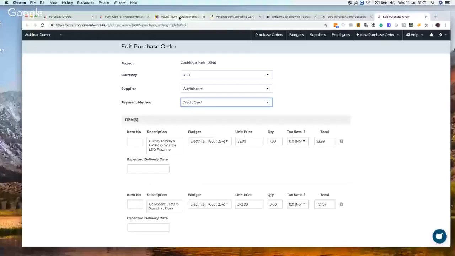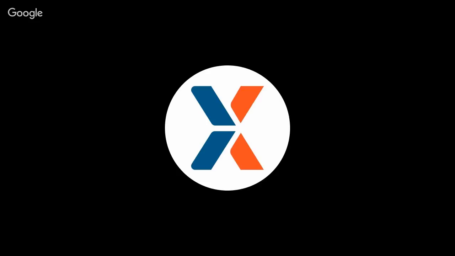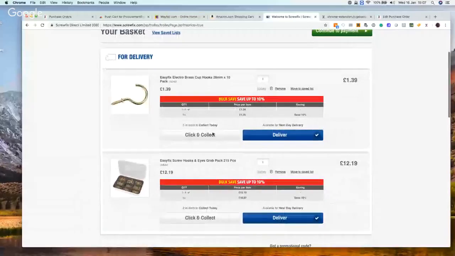We could also go to Screwfix Direct, for instance. Screwfix is mainly a UK-based building suppliers company. I've picked a few things in Screwfix in the normal way. So I've searched for things, I've added them to my basket, I've gone to the basket, I open up